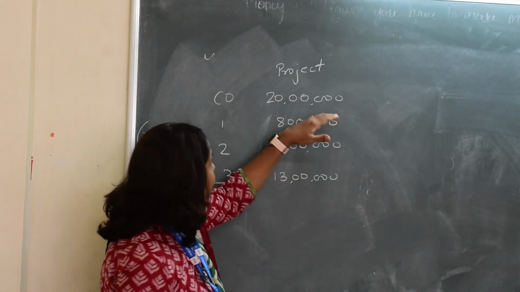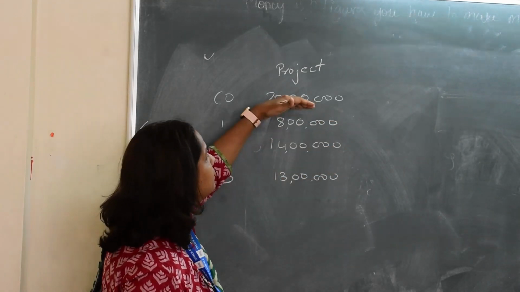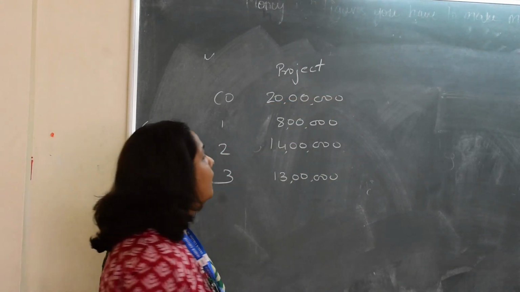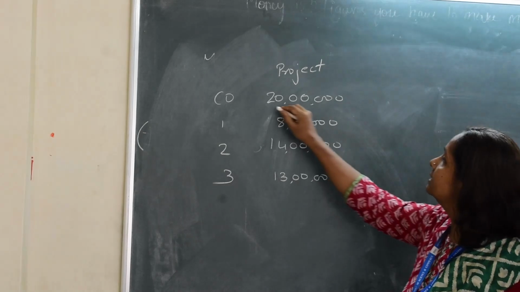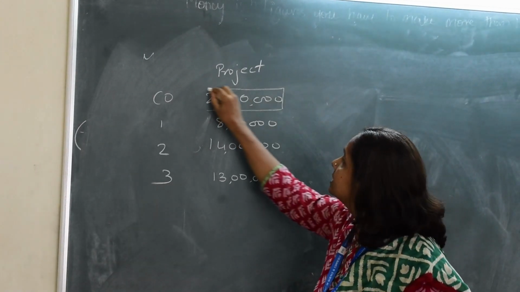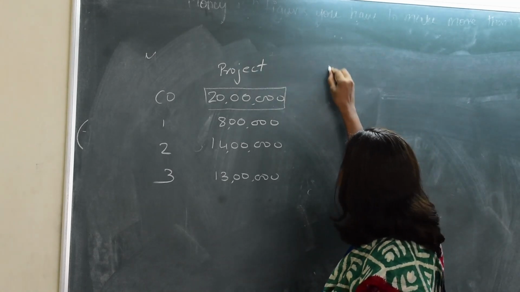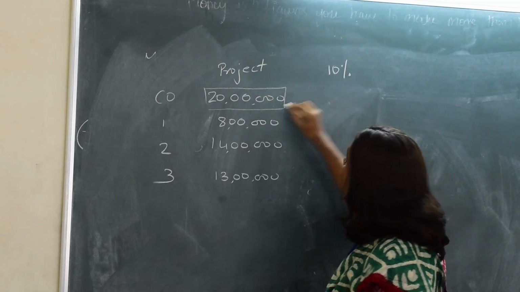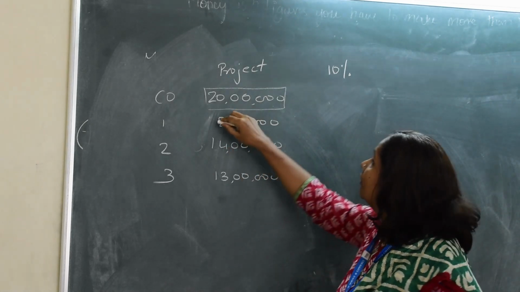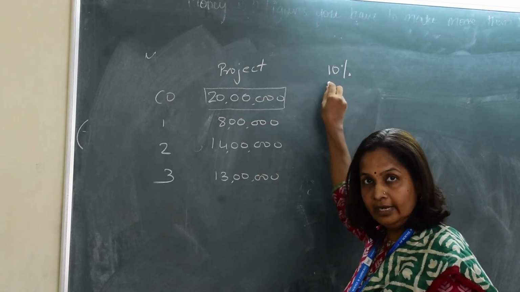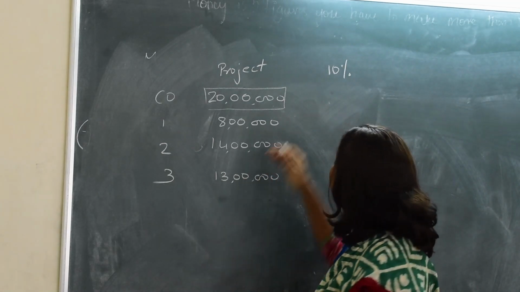Now, what is the present value of all these 3 years' returns in the current year? For that, we need to consider whether this capital has some cost. Say that cost is 10%, as we have taken a loan. If we invest in the bank or if we take a loan, we are going to get it at 10%. So the present value, or the discounting factor